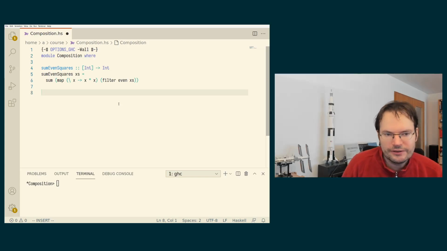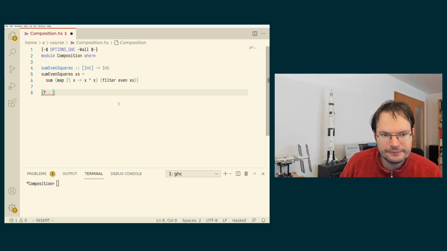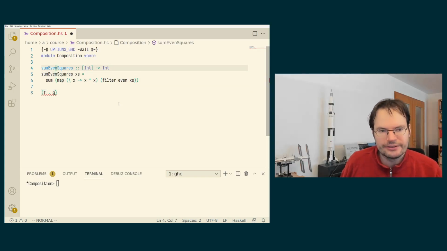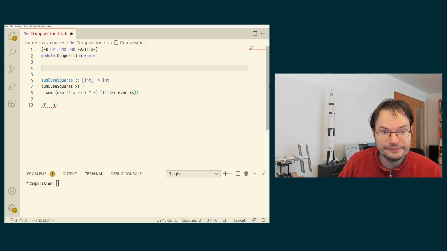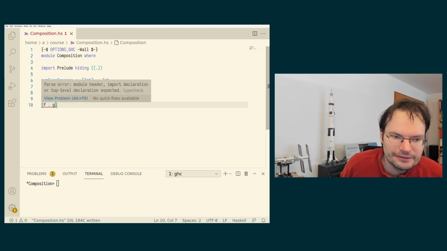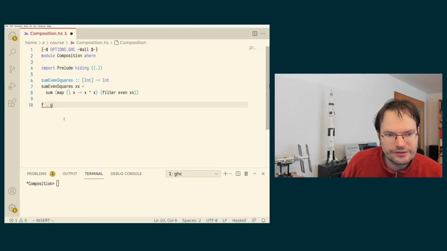So the idea of function composition is that if we have two functions, we can compose them using an operator. And actually this operator is predefined, so I should hide it from the prelude. So we are defining the composition of f and g,